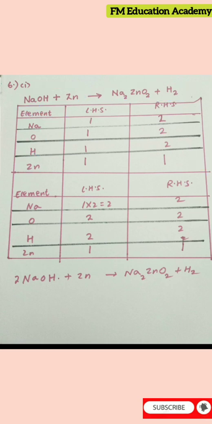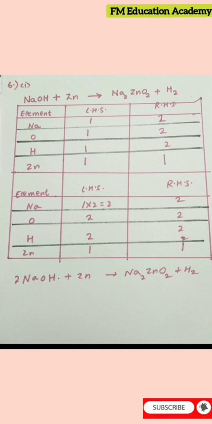If you observe here, the number of atoms on LHS for sodium is 1, and on the RHS side how many? They are 2 here, you can see. So 2 we have written. Similarly for oxygen, 1 is there on the left. Here for oxygen 2 are there, so write 2. Remember this 2 which is below belongs only to oxygen, not to other elements. If it comes beside, it belongs to all 3, but if it comes below, it belongs only to that element. Hydrogen again 1. Here how many hydrogens are there? On RHS we have 2 hydrogens. Zinc is 1, and here also zinc is 1 only, because here we don't have any atom attached to zinc below.